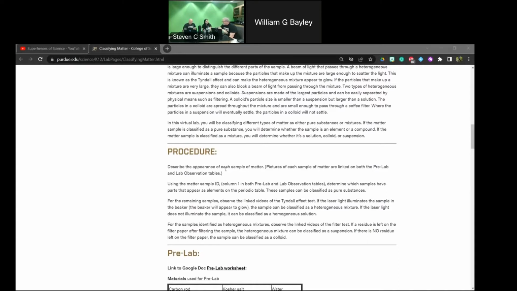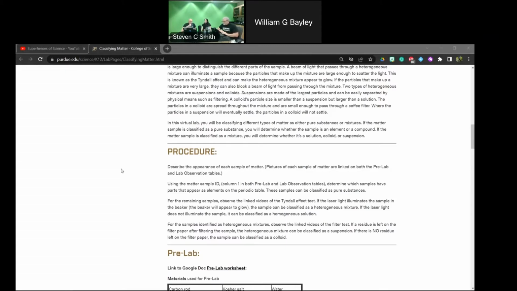No, that really makes it a suspension. Yeah, and again, I want to really drive home that idea of particle size, that it's a solution when those particles are really small, and they wouldn't scatter light. They're small enough that they wouldn't be scattering light. But that's when we have that homogeneous solution, and the term solution goes with that homogeneous mixture.